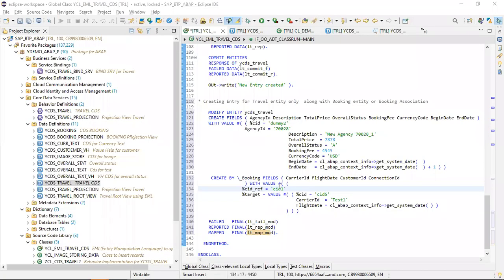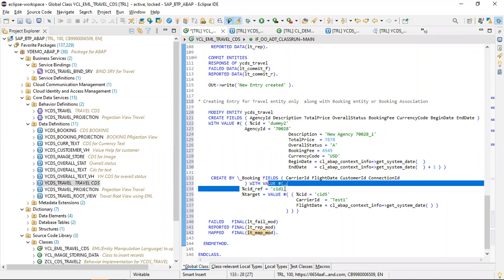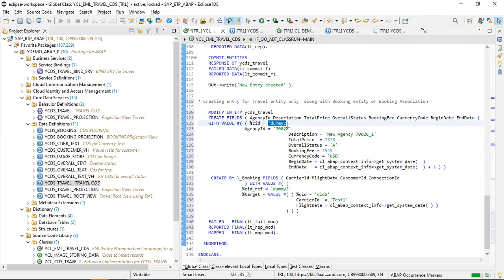Here with value we have to pass this CID ref, and CID ref is referring to our travel entity. So we'll pass the same here as well because we have to make a link between a booking and the travel entity. So I am passing CID ref the same as above. You can see here I passed dummy2, so I'm passing the same dummy2 here, and in target and value hash